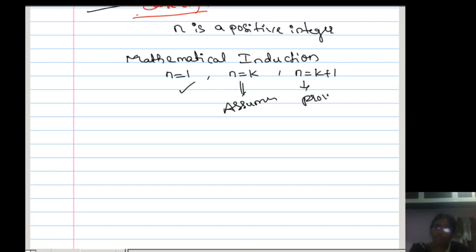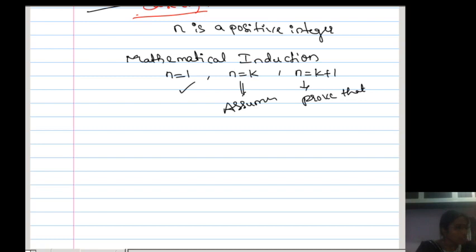Now let us prove that the given statement is true for n equal to k plus 1. If it works out like that, then by using the mathematical induction concept, I can conclude that the given statement is true for all natural numbers, meaning for all positive integers. So the given statement is true. This is the mathematical induction concept, the principle of mathematical induction on n that you already know.